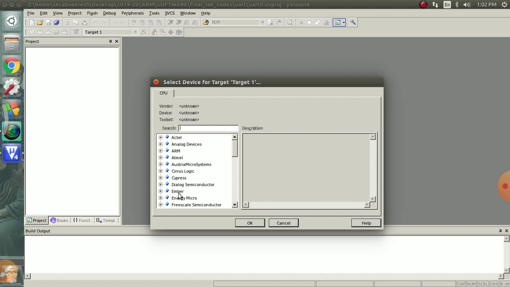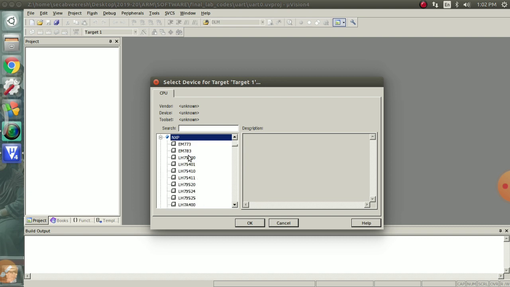Now there are many manufacturers of these ARM processors. Many companies are there: Atmel, ARM, Analog Devices, NXP, Toshiba, Texas Instruments, STMicroelectronics. So many are there. As we know, we are going to work on NXP manufactured ARM processors.